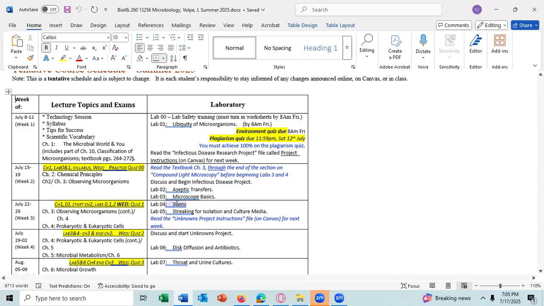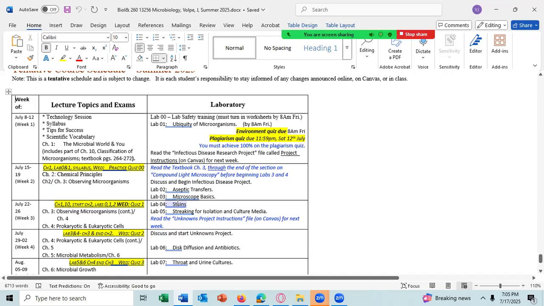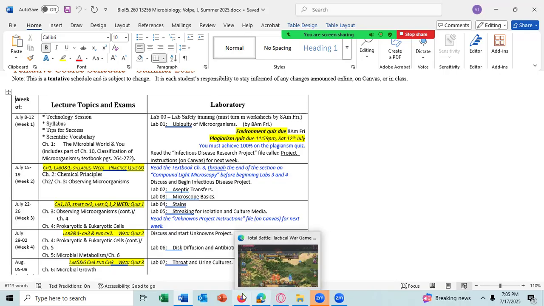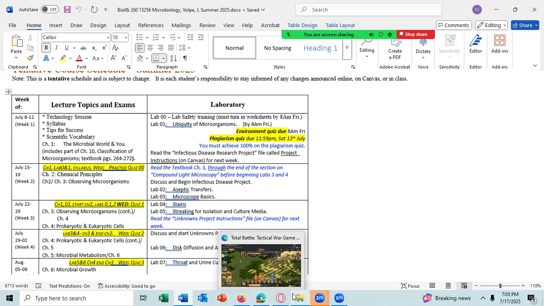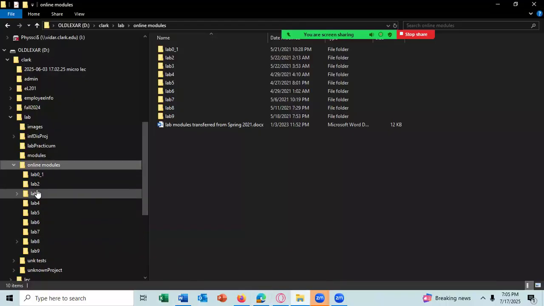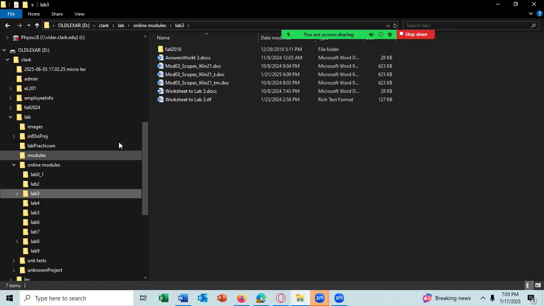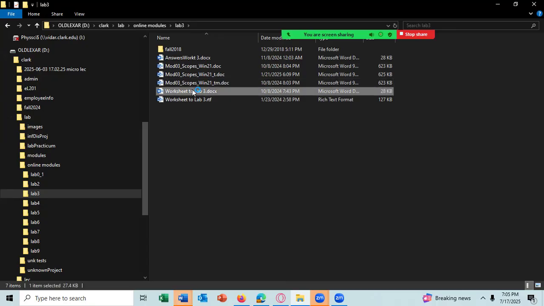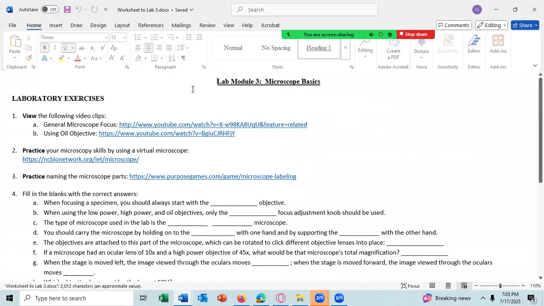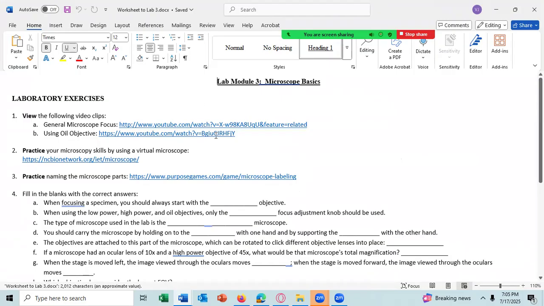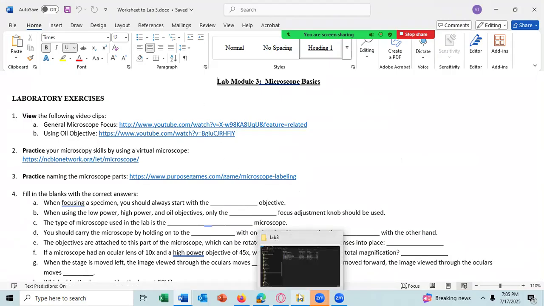All right, so if there are no questions, let's begin Lab 03, Microscope Basics. Make sure I got the right worksheet there.